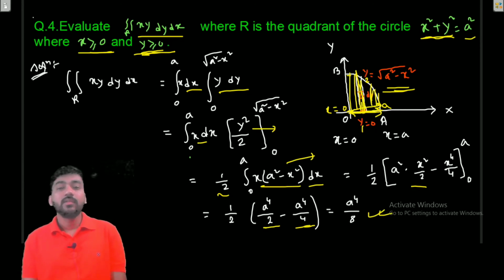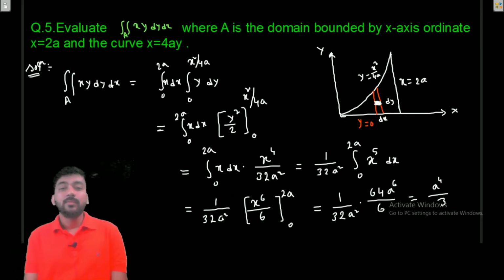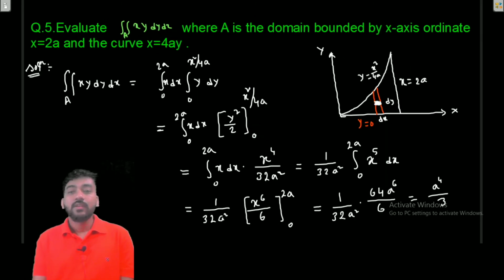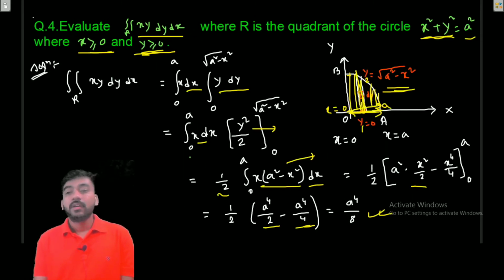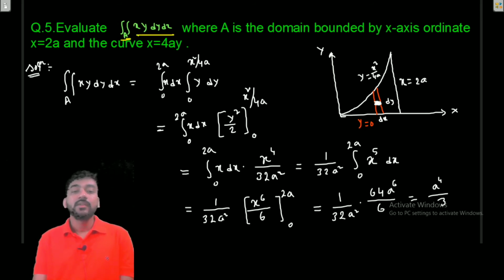Okay, so now let me move to the next question. Here the question is same as before, but the region is different. Here the region was the first quadrant of the circle x square plus y square equal to a square, but here the region is different, and the region is bounded by, so please first read the problem very carefully, and evaluate integration xy dy dx in this region A, where A is the domain bounded by x-axis,